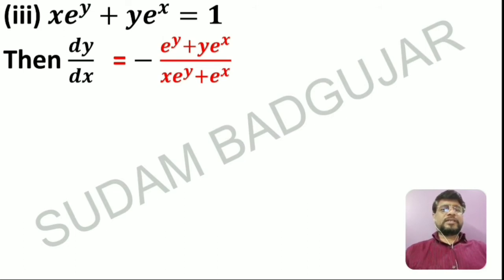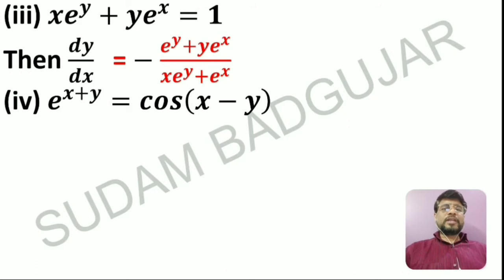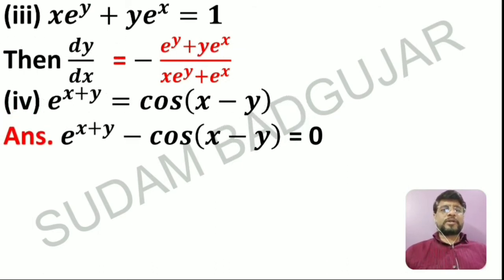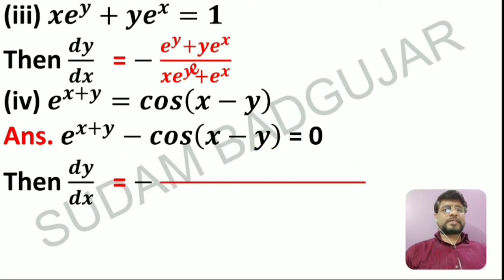Now next question is question number 4. E raised to xy plus e raised to x plus y is equal to cos of x minus y. So you have to transfer the RHS function cos of x minus y to the LHS side, it becomes minus, is equal to 0. Then dy by dx is minus, see what is the first term? E raised to xy, you have to differentiate that with respect to x, that is e raised to x plus y as it is, minus what is derivative of cos? That is minus, minus minus become plus sine of x minus y